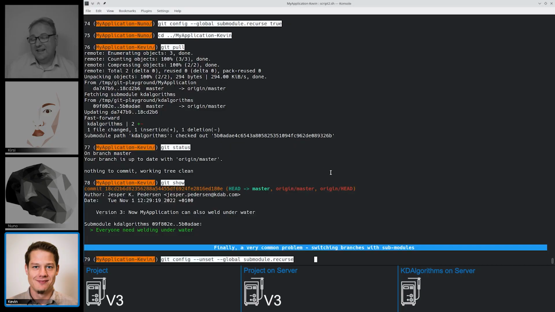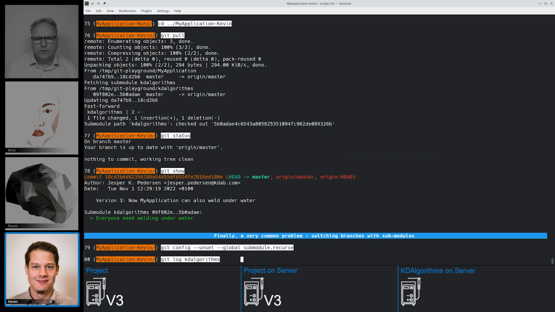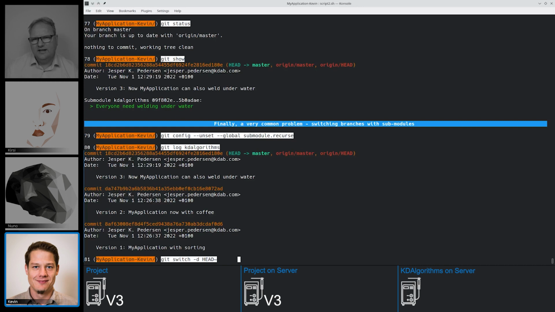So let's get rid of this submodule recurse flag again. And let's just look at what the KD algorithm looks like. KD algorithm at this stage is capable of sorting, it's capable of brewing coffee, and it's capable of welding underwater. What Kevin does now is that he'll simulate a git bisect.